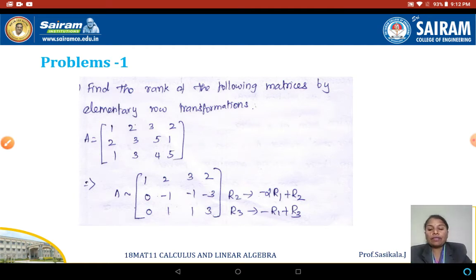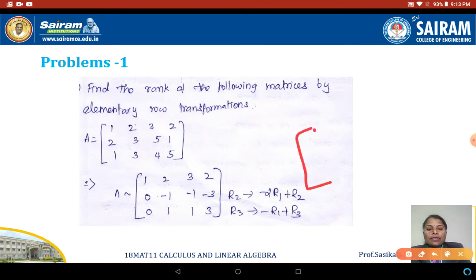Now you can see whether we reached echelon form. No. What you have to do? Again, I need to make this position also 0. So for that, I should use your second row. Looking at that, easily you can identify the new A matrix, minus 1 plus 1 is there. Just you can add it. You can get the answer. What is that? The first two rows will not change anything. Only the third row will change.